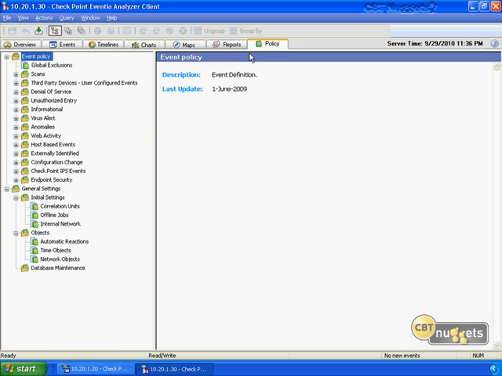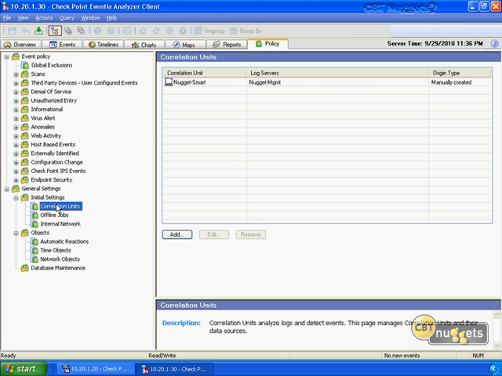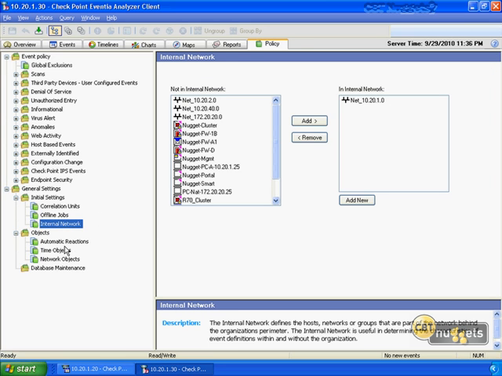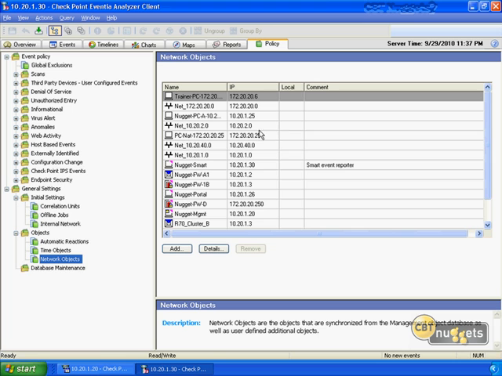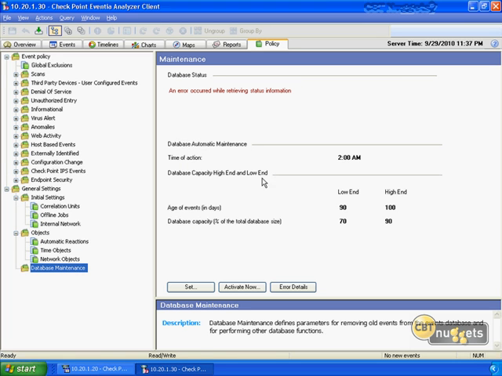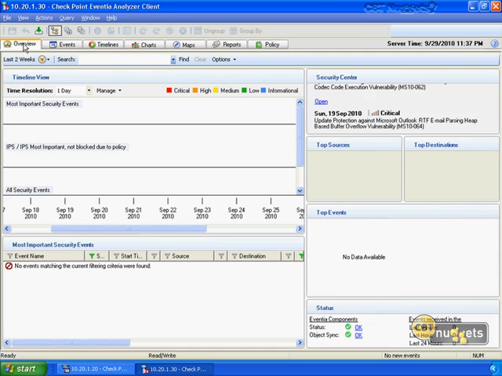And under the policy section, this looks much like the same of what we had in the R70, R65 build, where we had our correlation units, and we had our internal network. We had our automatic reactions, which are still here. We have our network objects. We have our database maintenance, and all this information is set up as well. And that's pretty much everything that you want to see in the overall structure with the new dashboard, the way